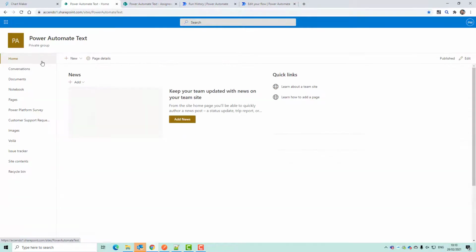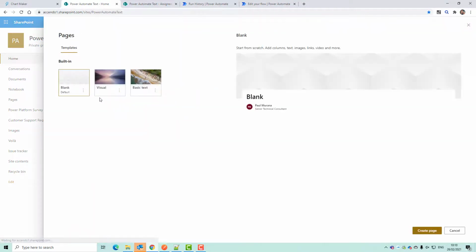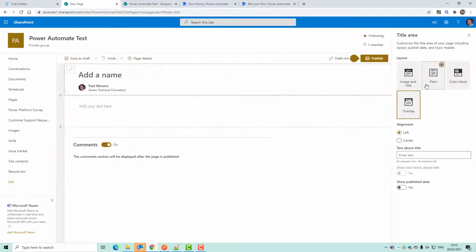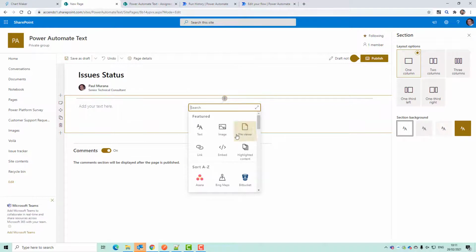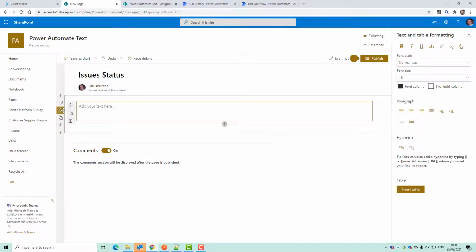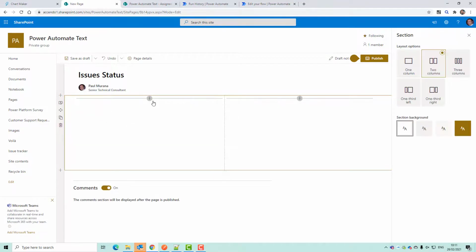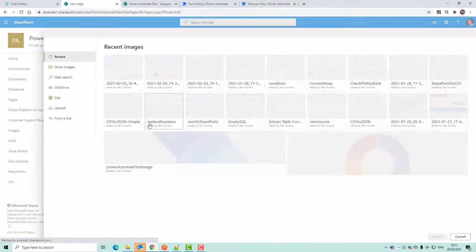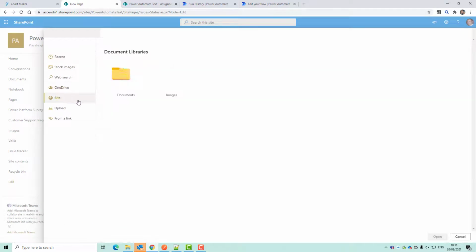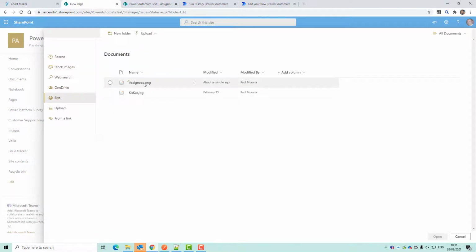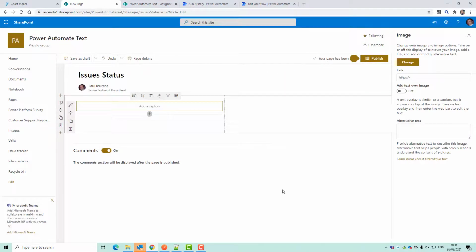But if we come back to home and we do a new page, and we'll just do a blank page, I'm just going to set this to be a plain web part. I'm going to put an image in here. In fact, I want to change this. We get rid of that web part and do a 2-column. Add an image in. And then we'll add our assignees image.